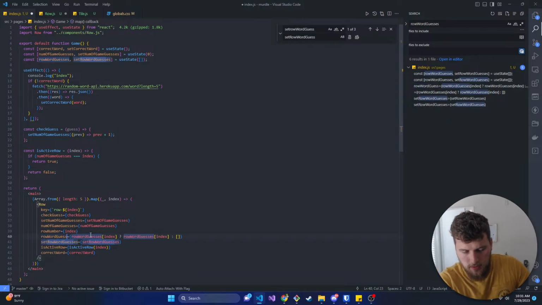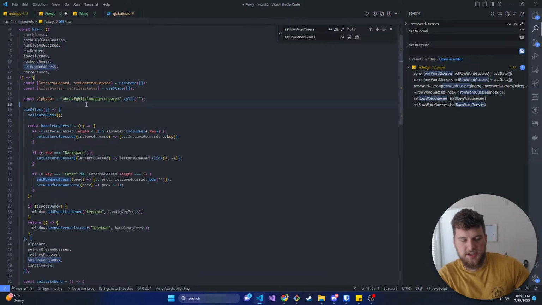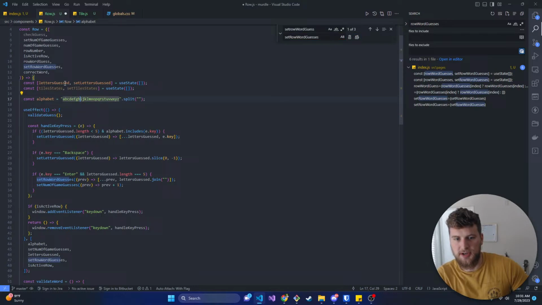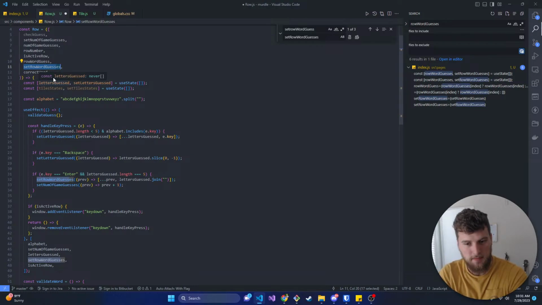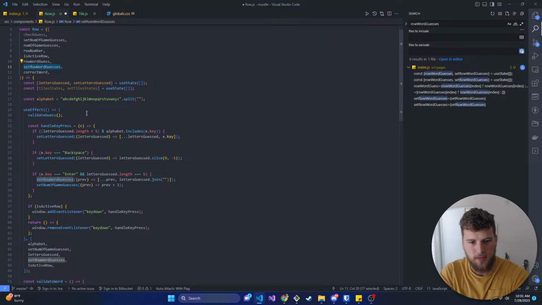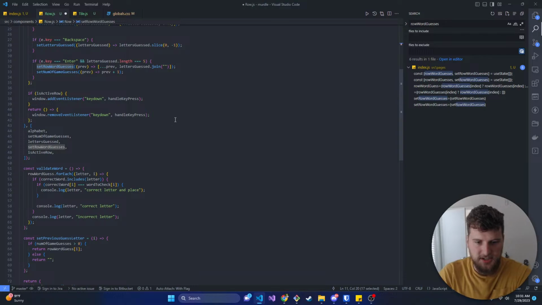And then this needs to be row word guess. And this actually does need to still be set row word guesses, because this is a singular word, whereas this is setting the array, or adding to the array that contains the words they've guessed, right? Yeah. Okay, so